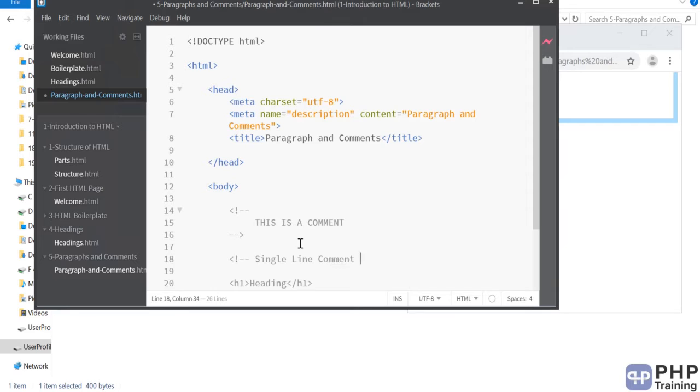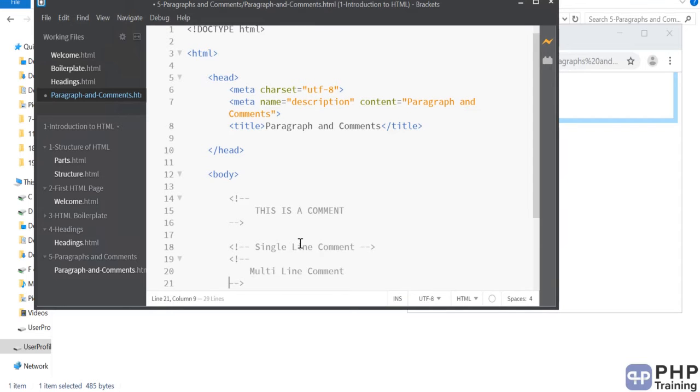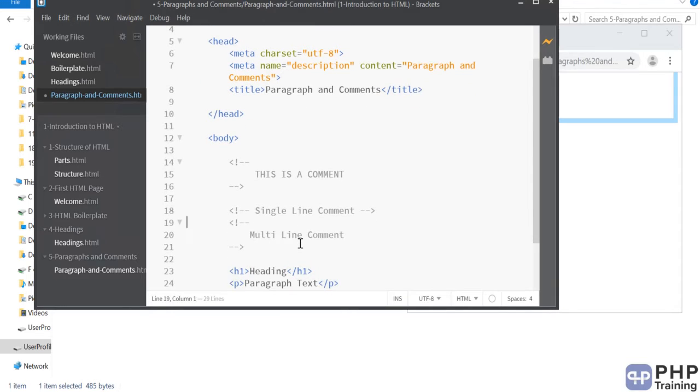This is a single line comment, and to convert this single line to multi-line, all you have to do is press enter. That's all, because there is just one comment in HTML. There are no single line, no multi-line. Everything starts with less than, exclamation mark, dash dash, and ends with dash dash and greater than symbol.